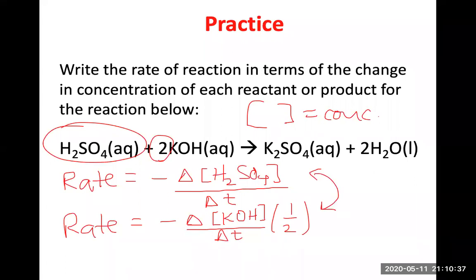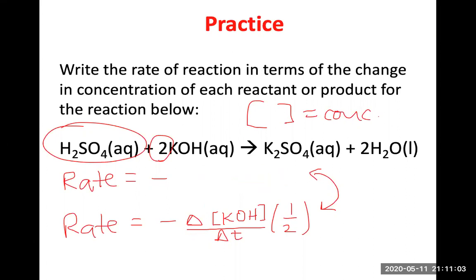And I think you might be able to convince yourself of that if you were to actually think about what must the disappearance value of KOH be if H2SO4 was, say, 5. If H2SO4 was disappearing at a rate of 5, then the KOH would be disappearing at a rate of twice that. So if we were to take and solve this KOH for the rate,